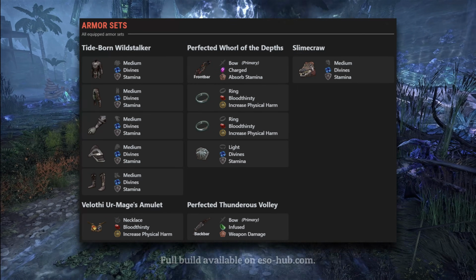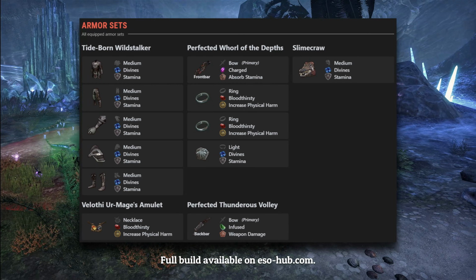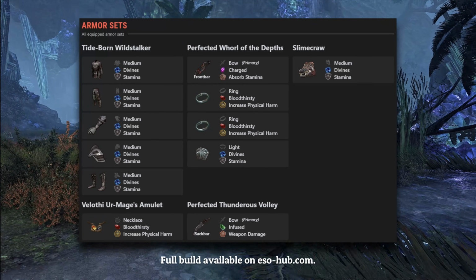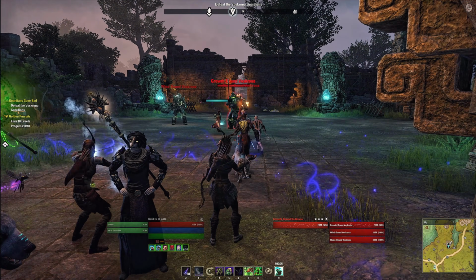Mine is infused with a weapon damage enchant to provide that self-refreshing weapon damage buff. All of my jewelry in this build uses the Bloodthirsty trait with weapon damage enchants. The armor is all traded with divines and stamina enchants, and I'm using a charged front bar weapon with the Absorb Stamina enchant. To maximize damage, you will want to use a 1-piece monster set that provides additional crit chance